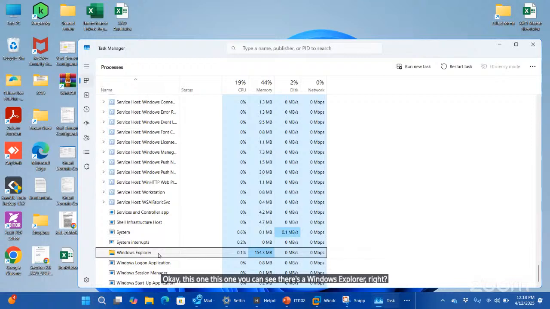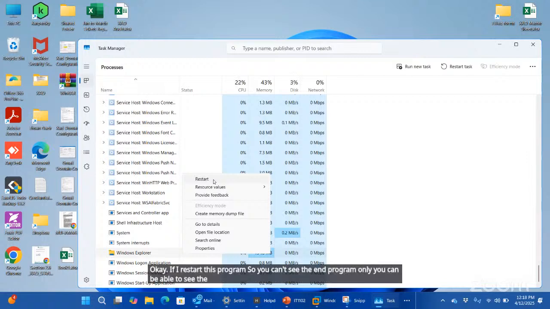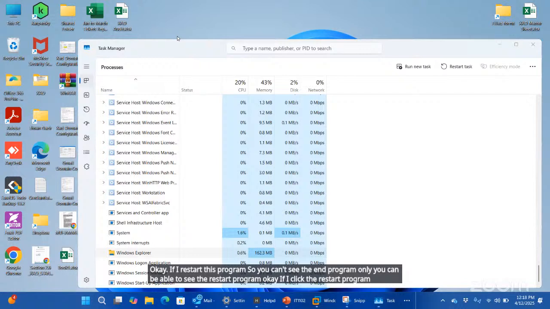This Windows Explorer helps to navigate on this particular system. If I restart this program, you can't see the end program, only the restart program. If I click restart, the Windows Explorer will automatically restart. At that particular time, my laptop screen will go to a black color.